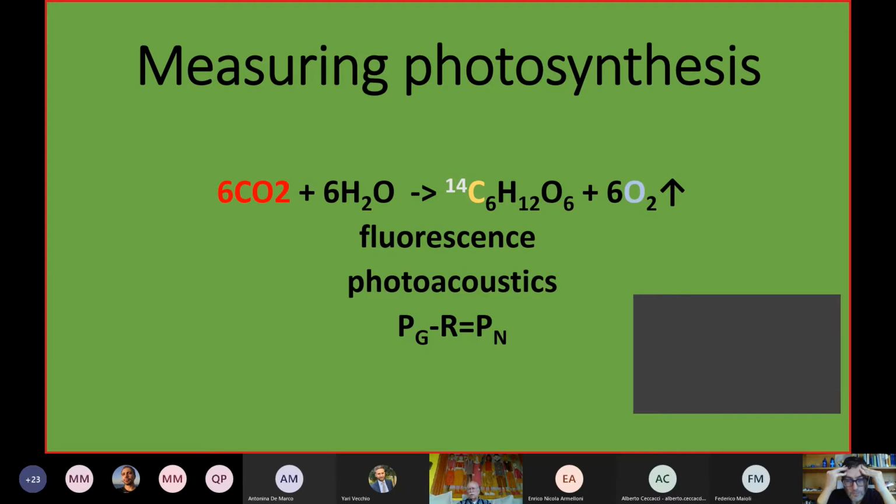But in the water we see a massive increase. We can also measure it from fluorescence and from photoacoustics. I don't want to get into that. Just remember that there are additional methods to do, and we estimate, as I said, the gross photosynthesis from respiration